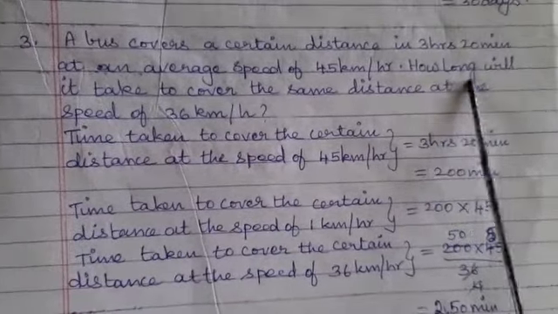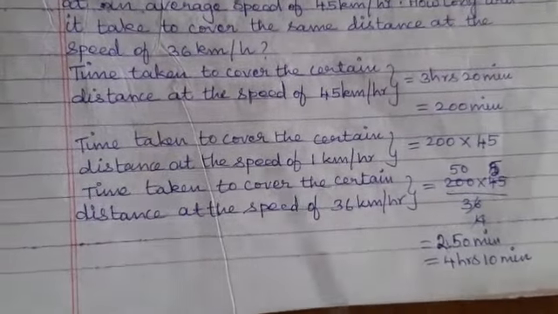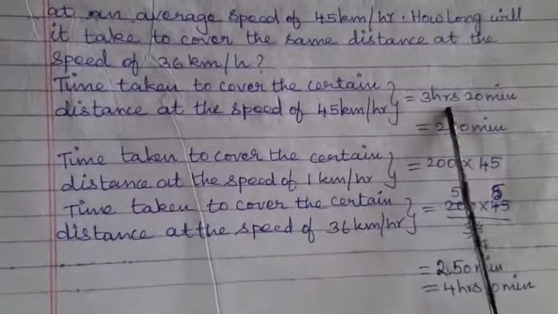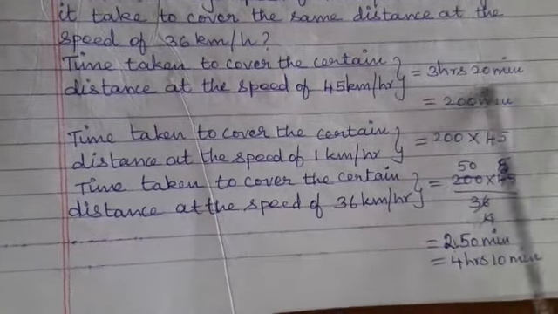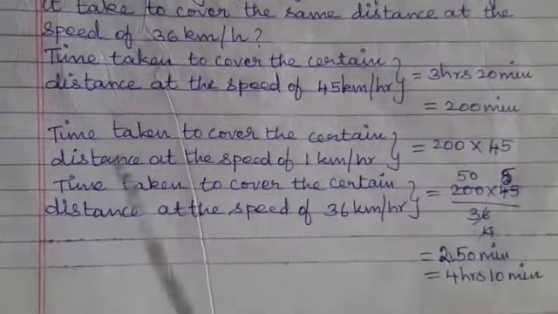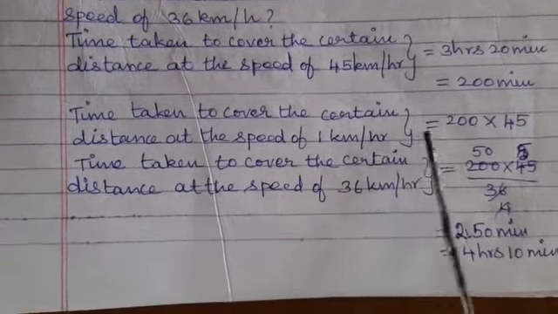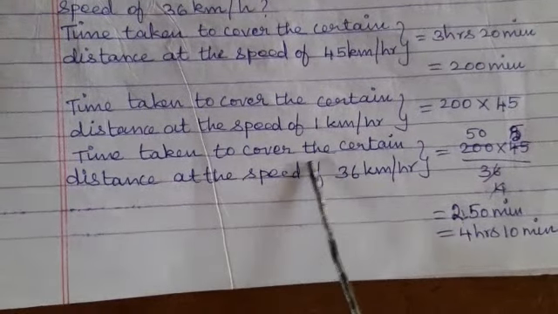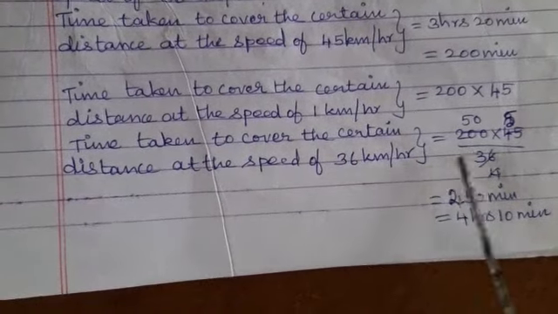Here the question is how long, so we have to start from time. Time taken to cover the certain distance at the speed of 45 km per hour is equal to 3 hours 20 minutes. I'm converting these hours also to minutes; after the conversion, that is equal to 200 minutes. Time taken to cover the certain distance at the speed of 1 km per hour is equal to 200 into 45. Time taken to cover the certain distance at the speed of 36 km per hour is equal to 200 into